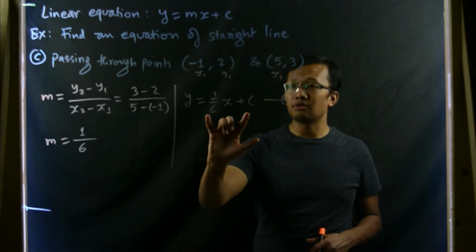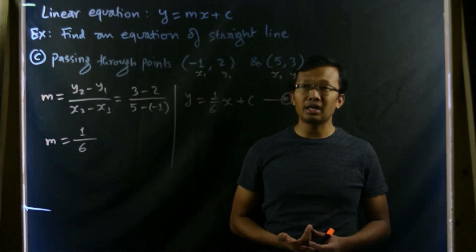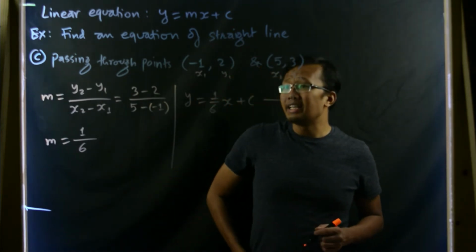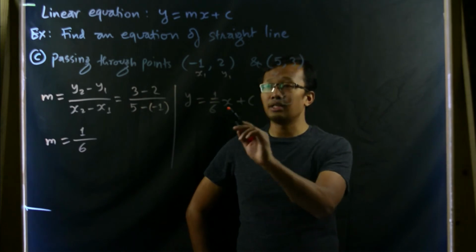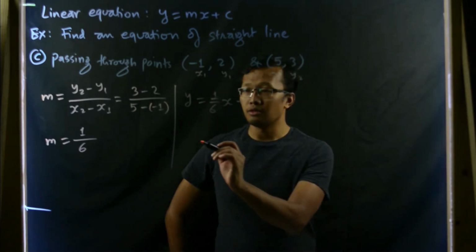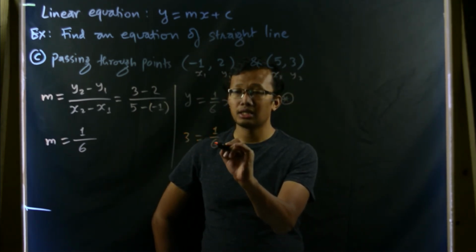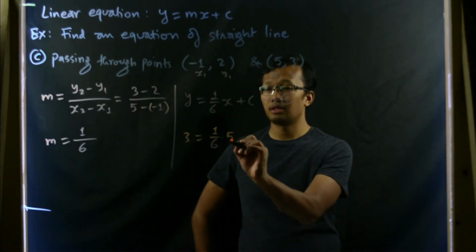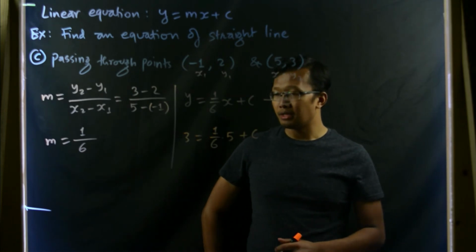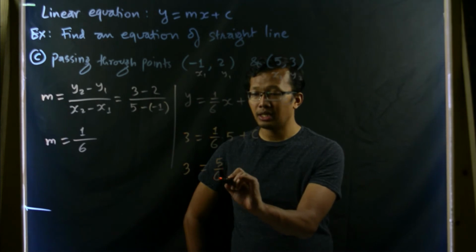So here this equation passes through both of these 2 points. So you can plug in any one of these 2 points. So let us plug in 5 and 3 in this equation. 5 is the x value and 3 is the y value. So y is 3 equals 1/6 times x is 5 plus c. Okay, so that's it. Now then you can clearly say this would be 3 equals 5/6 plus c,